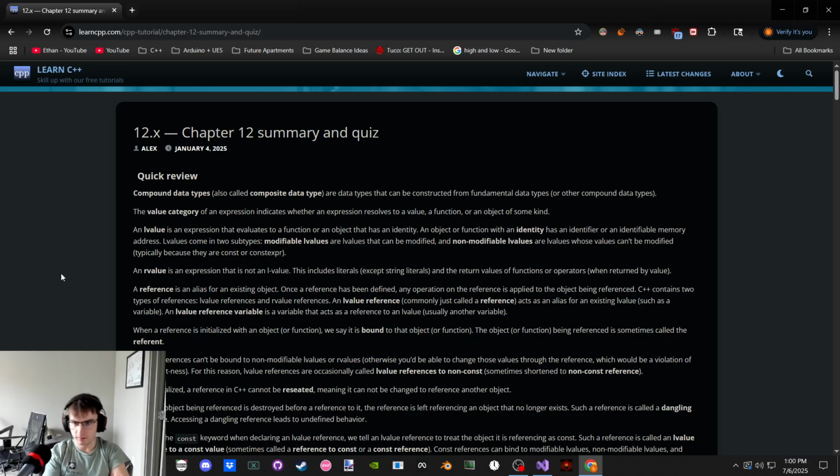And thus, an L value evaluates to something with a memory address. Or an identifiable memory address or identifier. There are modifiables and non-modifiables. Yep. R values are non-L values.